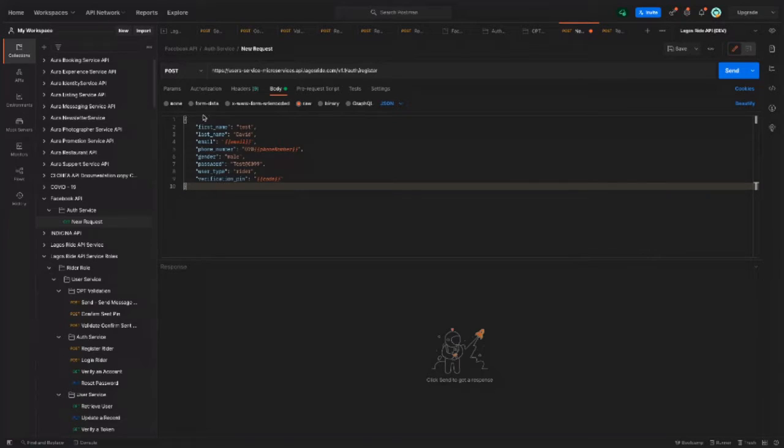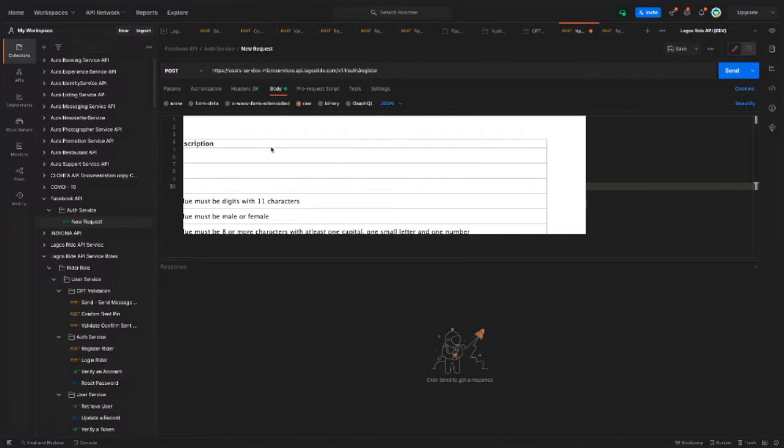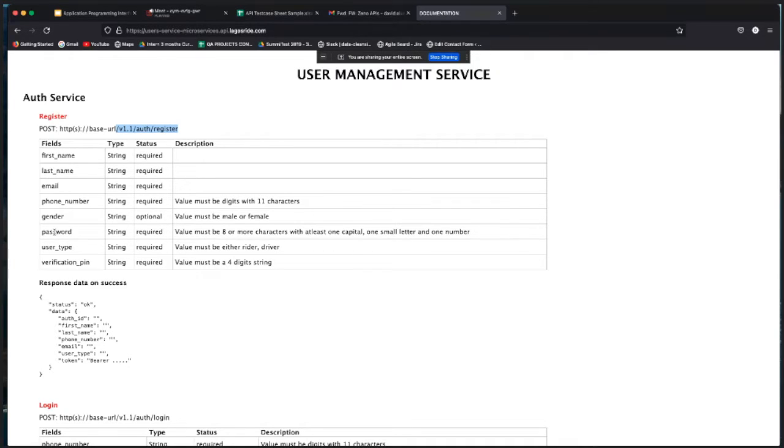Let me just click paste. So as seen on the screen, I've already pasted the body. I assume I already typed all the body. So these are all the data I have on the URL. The type actually means the kind of data you'll be passing into the body.